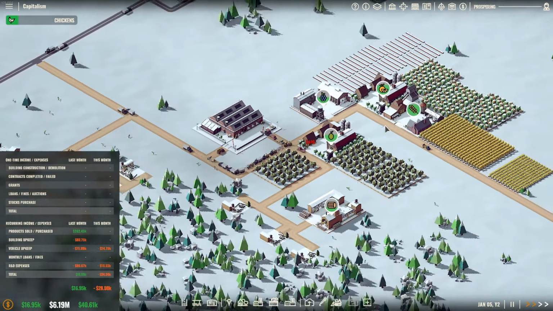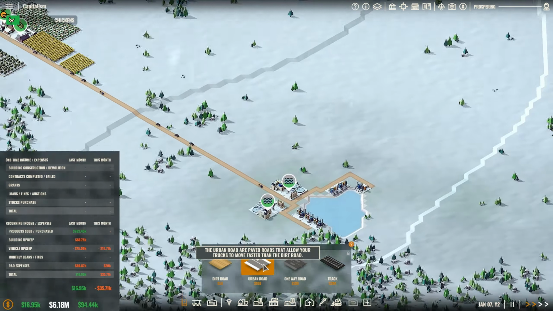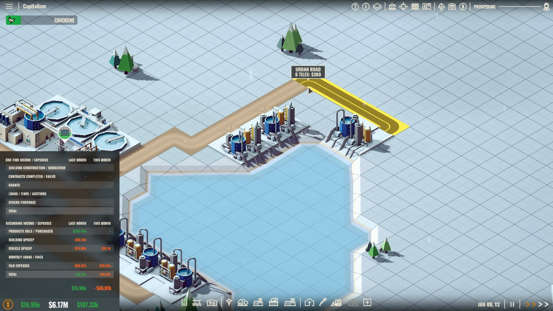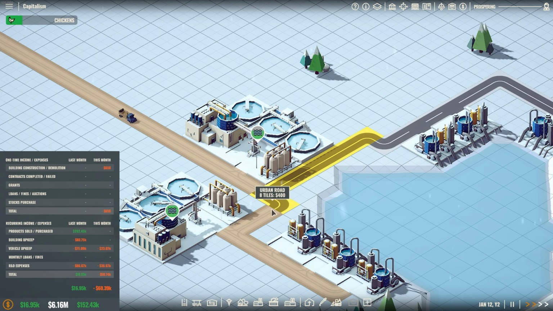Alright, next big upgrade I guess is the roads. Do I actually have roads? Yeah, I have urban road. That's going to tax me a little bit, so 6.18. Expensive a little bit, but